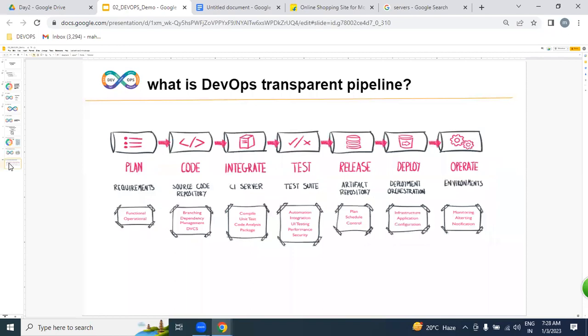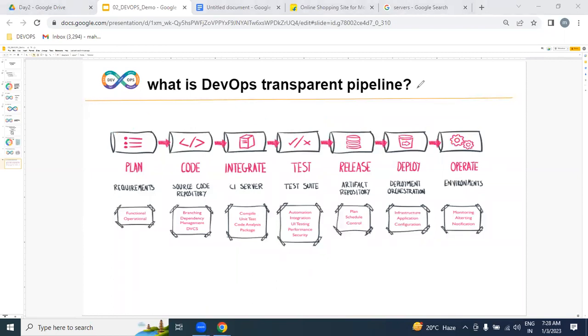But the actual DevOps process looks like this. This is exactly the high-end diagram of our entire DevOps course. We are sitting here only to learn this diagram. In this DevOps process, we have plan, code, integration, test, release, deploy, and operations.